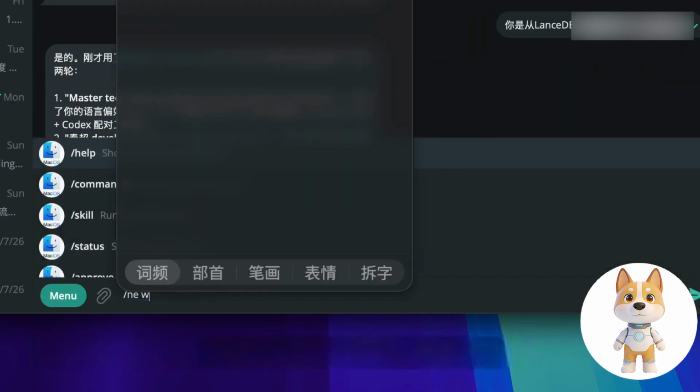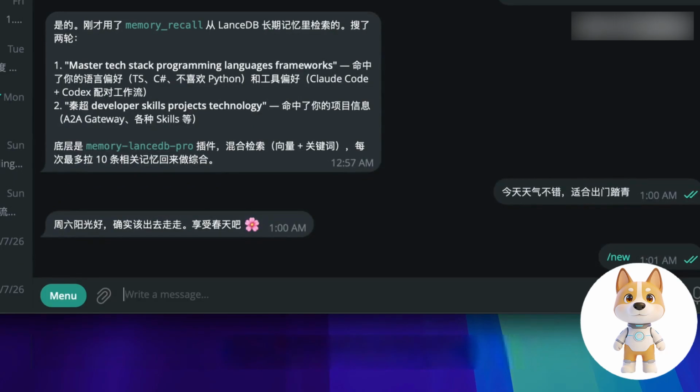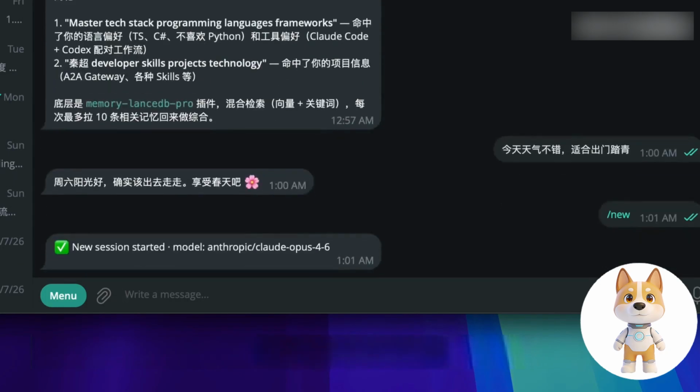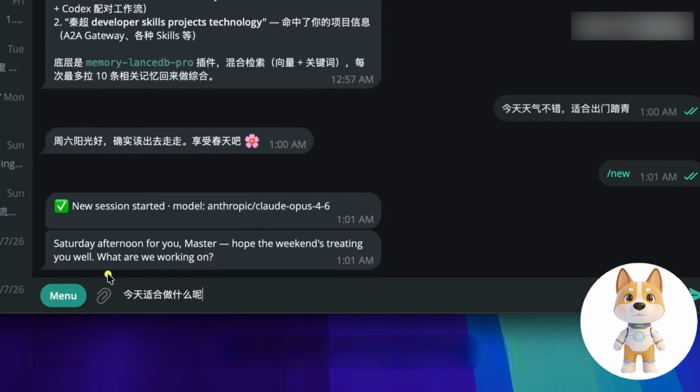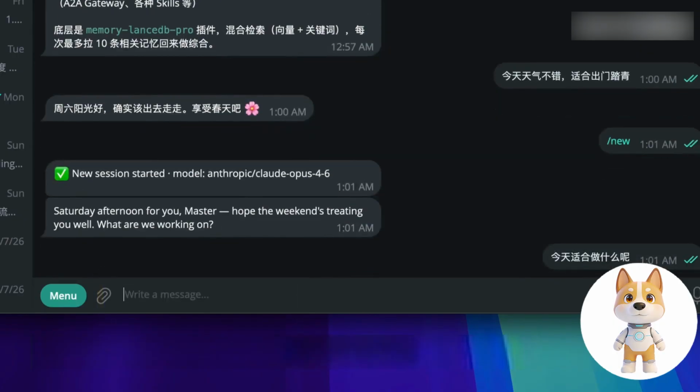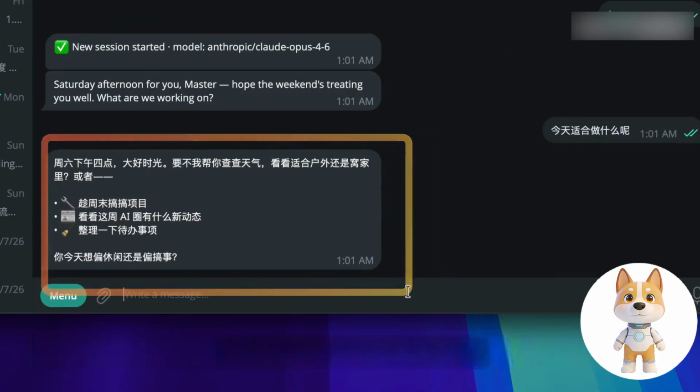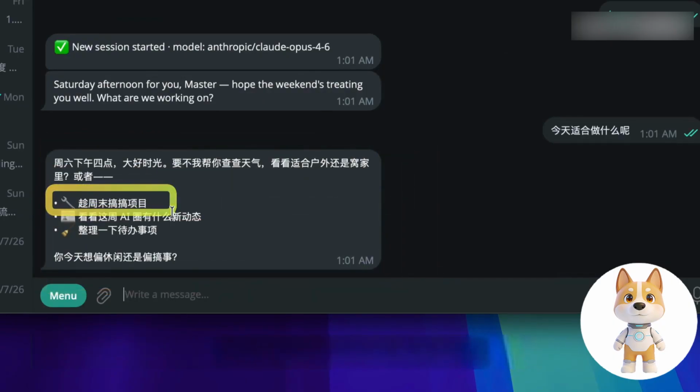We can open another session below and see if he will save this topic in his long-term memory. Then we can enter the prompt, what is suitable for today, and send it directly to see how he responds. Okay, it can be seen that the answer he gave was to take advantage of the weekend to do the